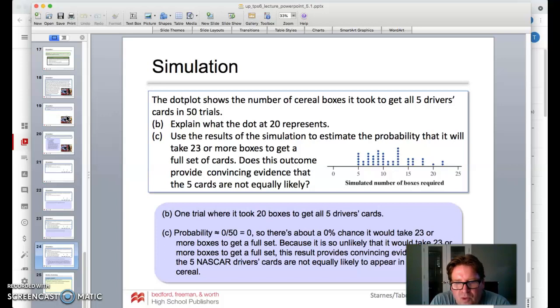None of them took 23 or more, and because of that, we're probably saying, yeah, chances are they're probably not equally spread because we didn't even get that. Now, if it would have been something like 15 or 13 or something like that, we'd say, well, yeah, okay, that's possible. But because of all of our simulations, we never took 23 or more, we're a little skeptical that they were evenly distributed. So again, we're running the simulations, and there are all sorts of ways to set that up as well.